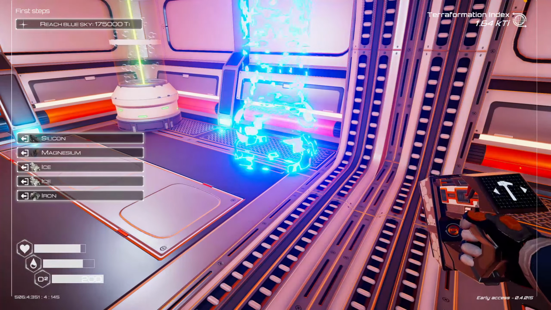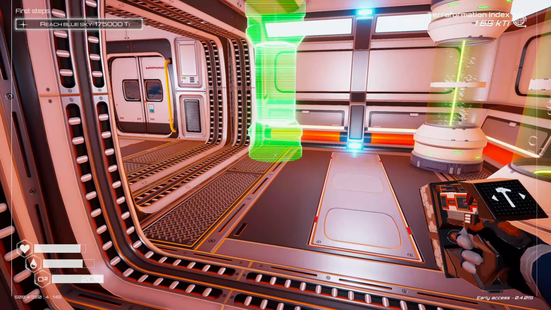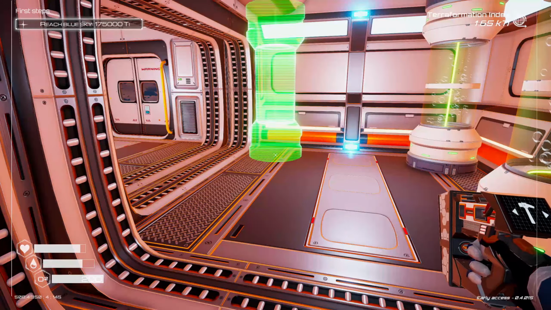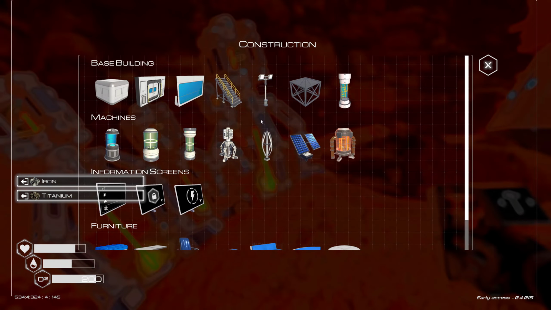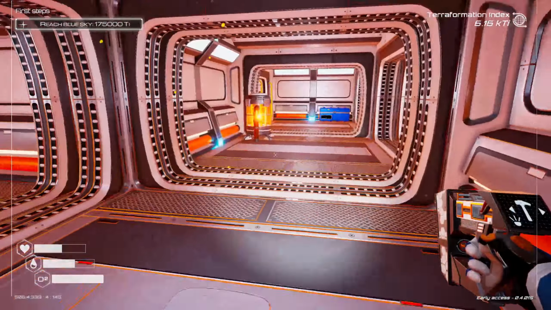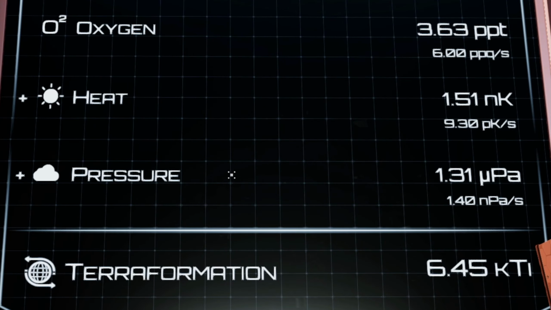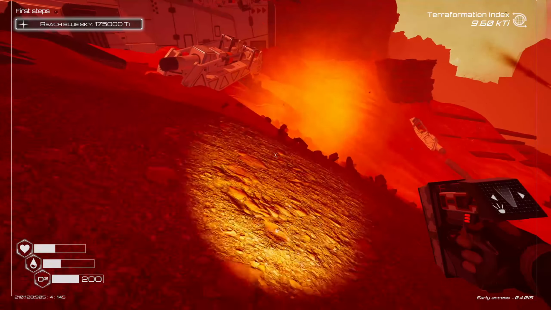At some point you'll have to upgrade everything. For example, tier 2 VeggieTubes produce way more oxygen than tier 1. No, this drill angle is not acceptable. That's better. Heaters also require an upgrade. Yeah, terraforming index grows way faster, keep going. One more meteor shower, I must be faster and…